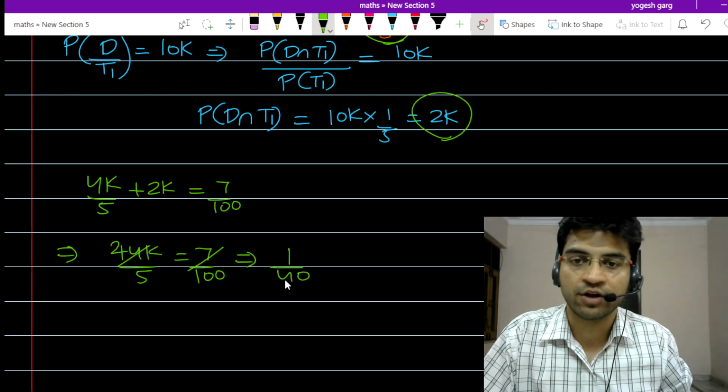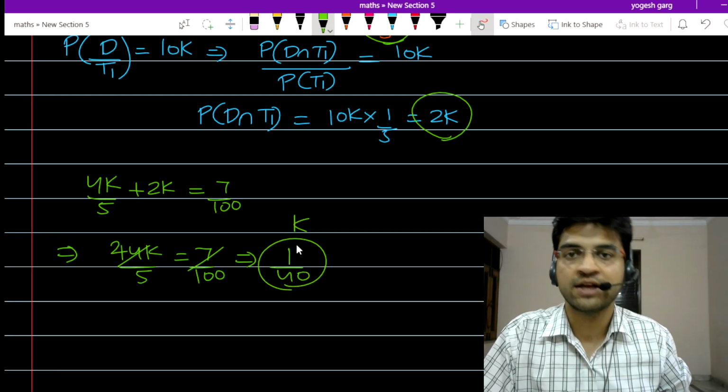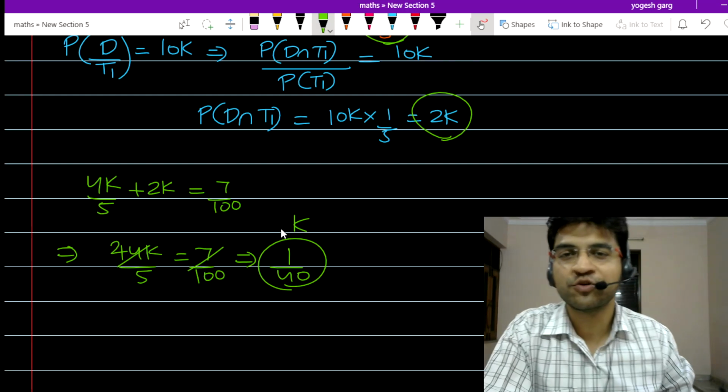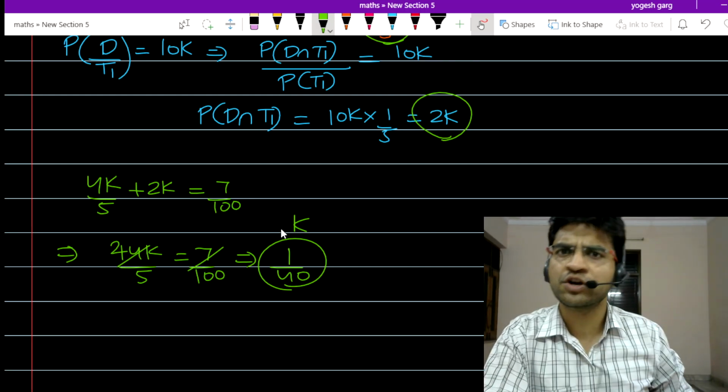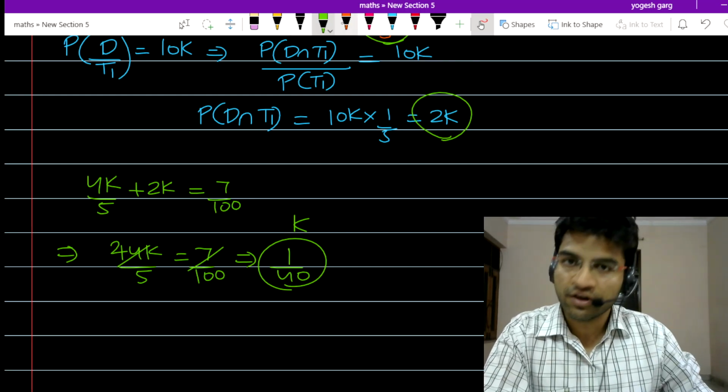K is equal to 1 by 40. Now what is the utility of finding k? You must be wondering, what is the utility of finding k? The utility of finding k is,